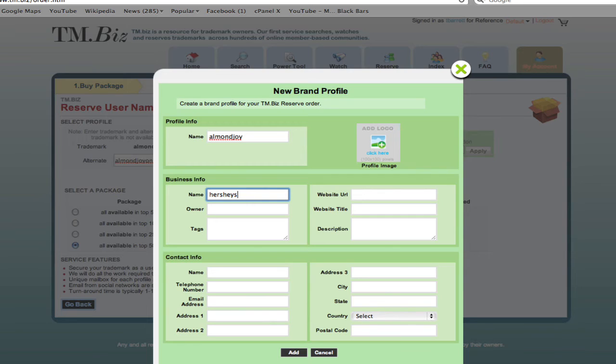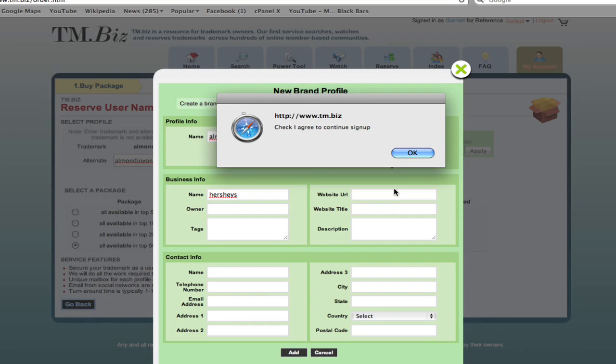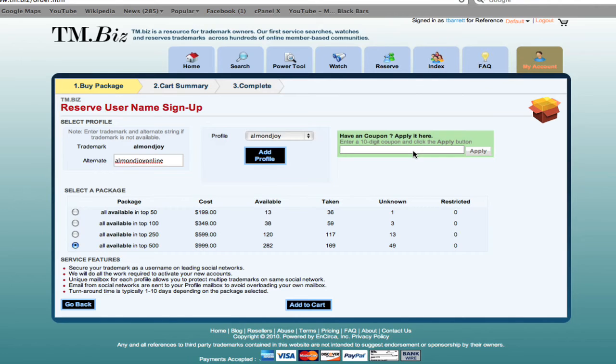So that if you come back in and you want to do Cadbury or Mounds, each one of those will get their own unique email address. Most of this information is optional, and that's actually deliberate, since many clients prefer to remain anonymous on these social networks. But we've created a brand profile now for Almond Joy, and we'll use that for every network that we create this username for.